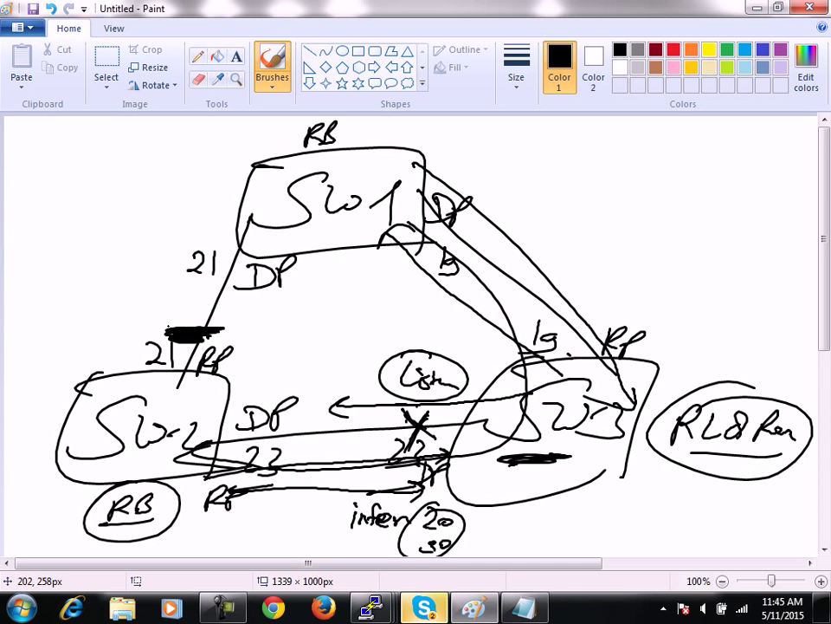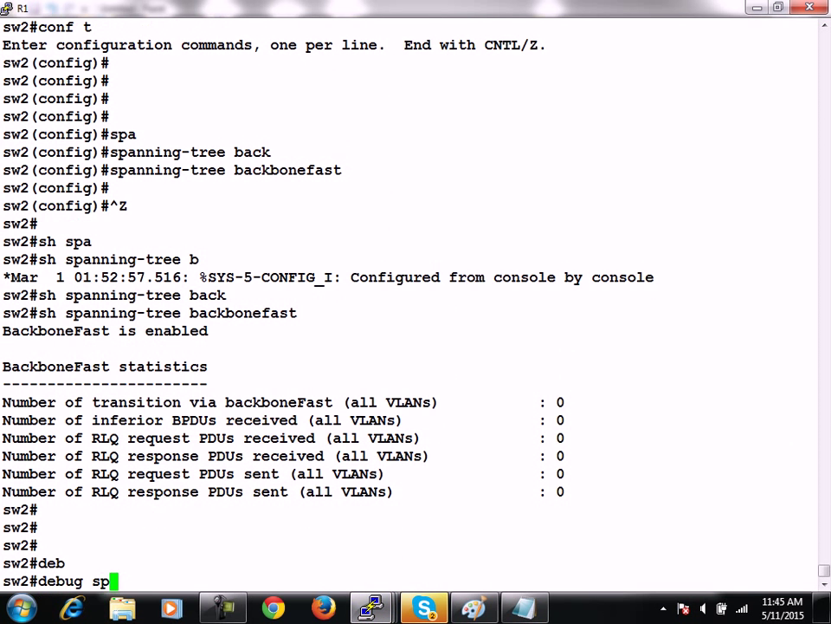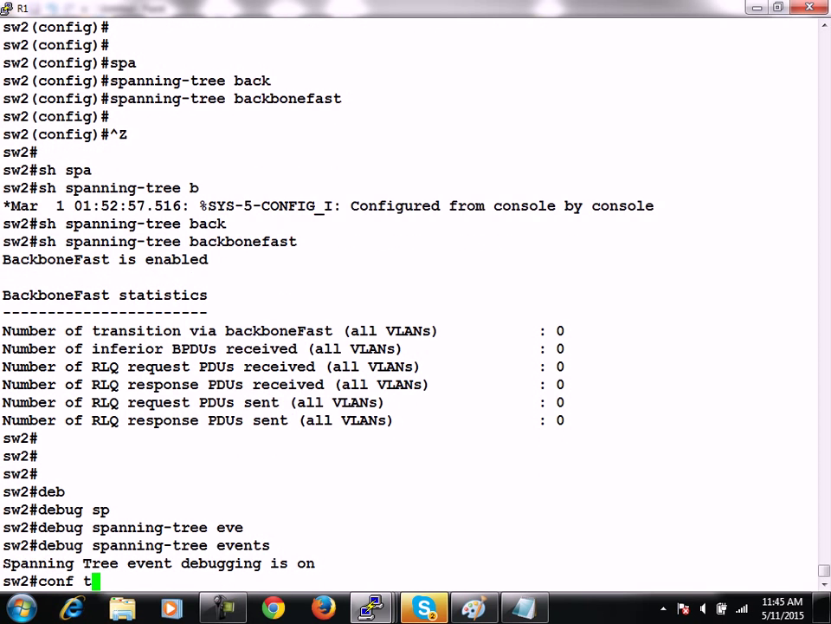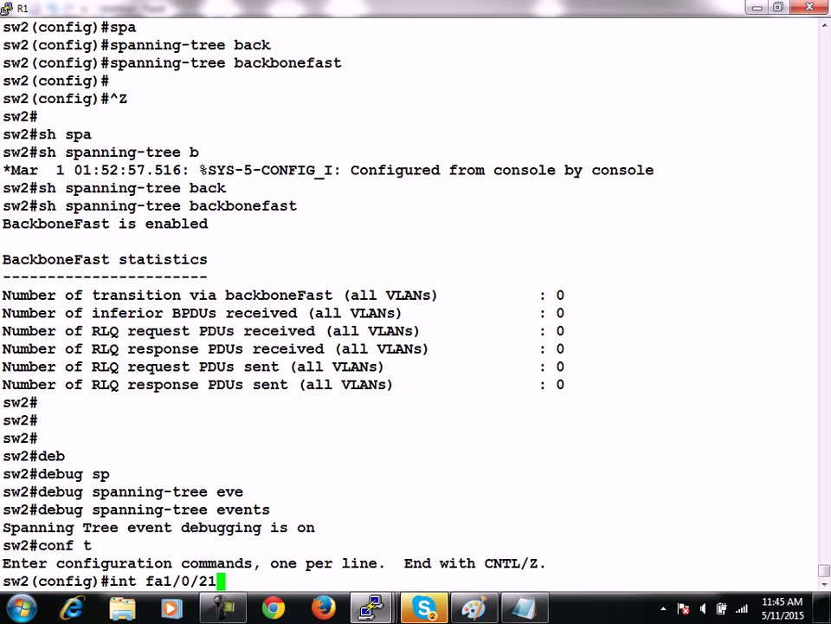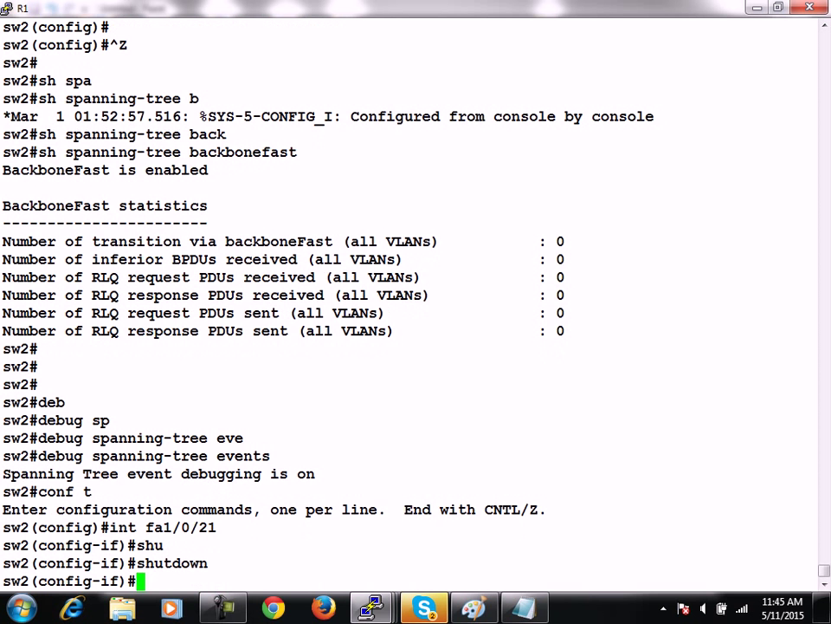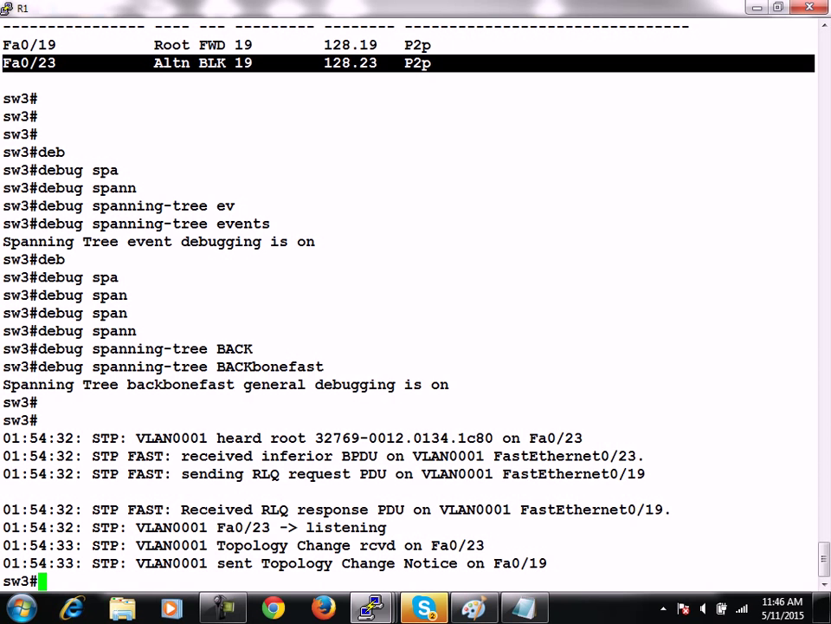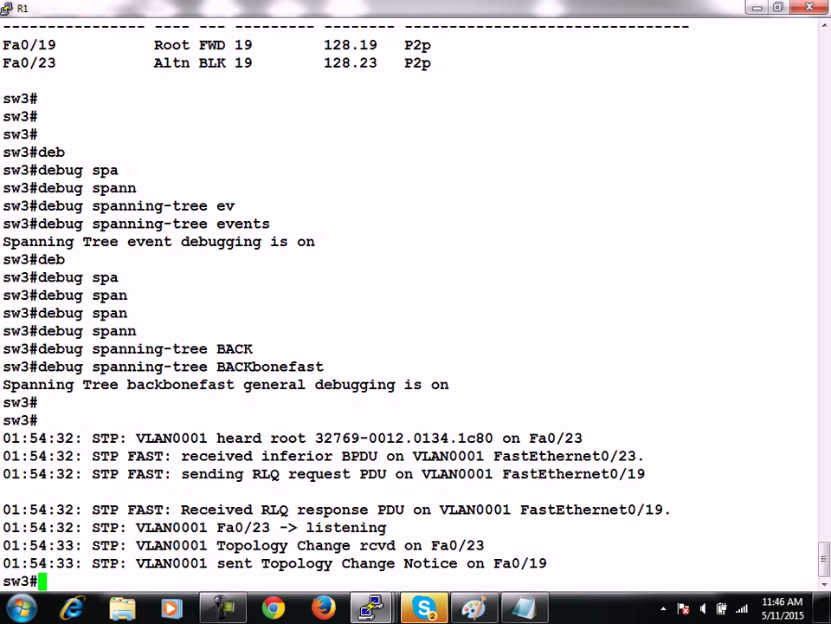I'm going to shut down this 21 on switch 2. Debug spanning tree events. Fast is ranked 1 by 0 by. So you will see immediately it will announce itself as a root bridge. Switch 3 is going to receive the very first inferior BPDU, but just after receiving it, it has transmitted one